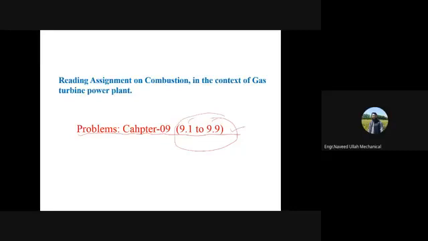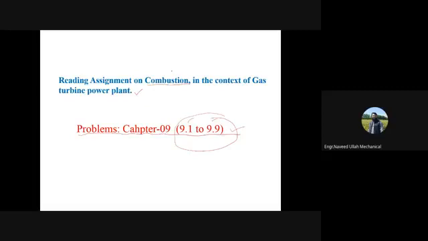As far as this statement is concerned, so what you need to do is a reading assignment है on combustion in the context of gas turbine power plant. At the end of this chapter in the book of M.S.K, you are having a couple of pages. You need to read those pages, ठीक है. And what those pages are about is the combustion, ठीक है. Generally मैं आपको बता देता हूँ. If you remember, we talked about the compressors, their isentropic efficiencies and a lot. We talked about turbines, जो कि आगे भी हम डिस्कस करेंगे, but we talked about turbines a little bit, but we didn't talk about this combustion, ठीक है. तो ये थोड़ा सा कि combustion का प्रोसेस किस तरह होता है,